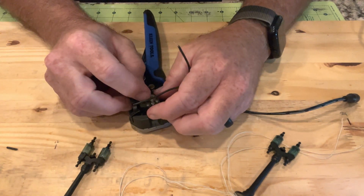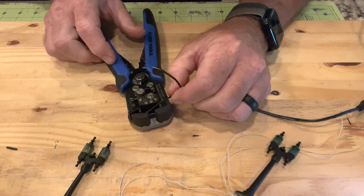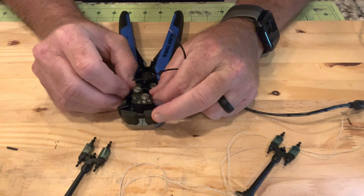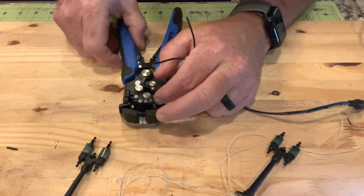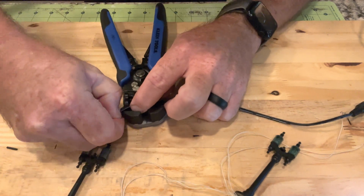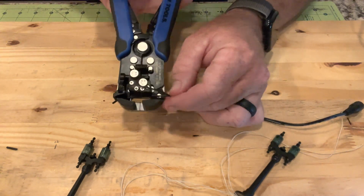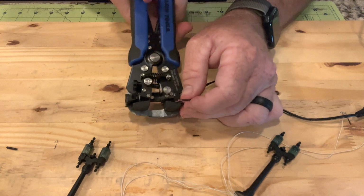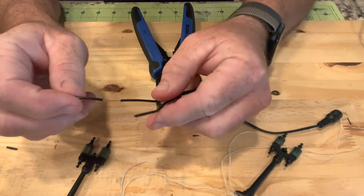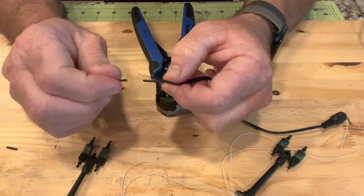Adjust it some more. The only bad thing about this tool is you have to adjust it for every wire, and usually you only have to do it once or twice until you get it to the right size. So it's about that size. You put this wire into this piece here, just like so, and essentially all you do is squeeze, and when you pull this back out, it already did the hard work for you. It's already apart. All you gotta do now is just twist this end here,